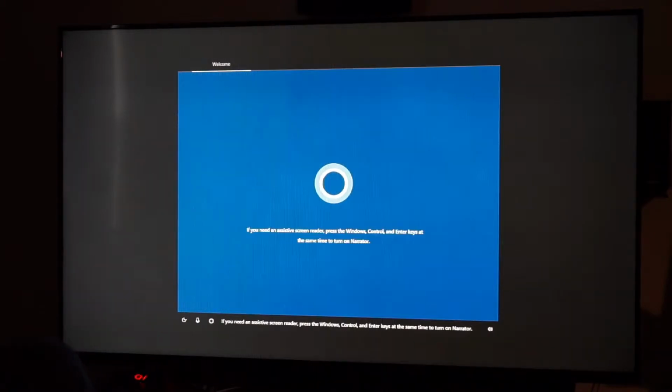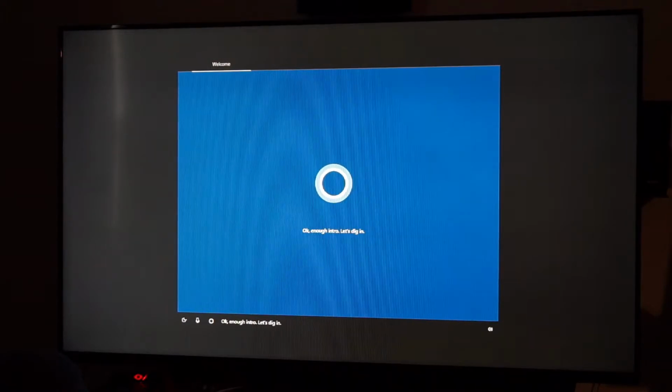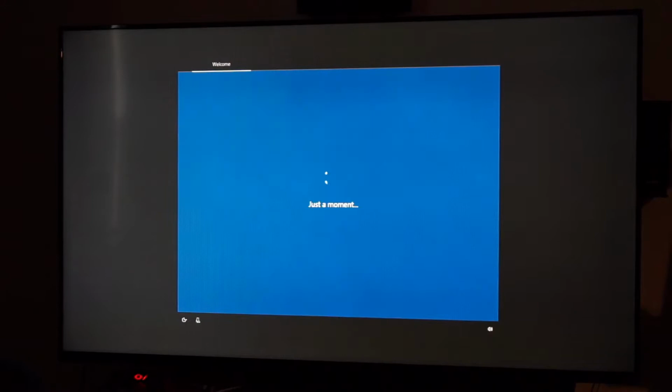If you need an assistive screen reader, press the Windows, Control, and Enter keys at the same time to turn on Narrator. Okay, enough intro. Let's dig in. Like I said, we will not be using